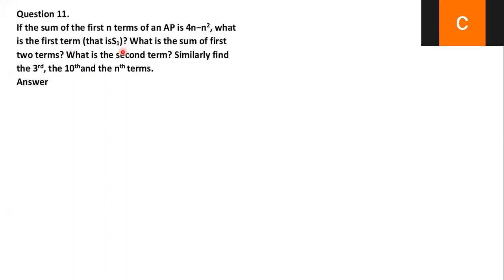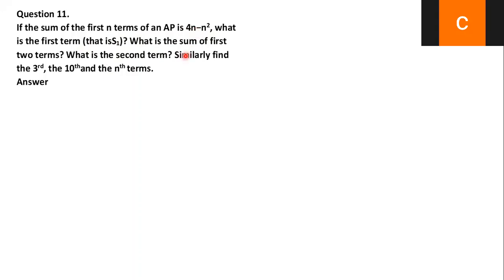I'll repeat once again. Sum of first n terms of an AP. Sn value they gave 4n minus n square. Am I clear? Ma'am. And they're asking us to find the first term. Means n value 1. If I apply n value 1, 4 into 1, 4. 1 square means 1. First term is 3 we are getting. Any doubt, children? No, ma'am. Tell me second term. 4. Second term, 4 2s are 4, 8. Here 2 2s are 4. 8 minus 4, 4 we are getting.